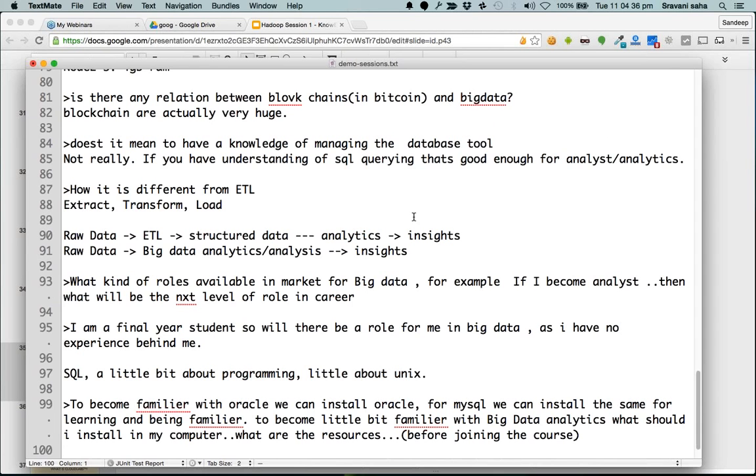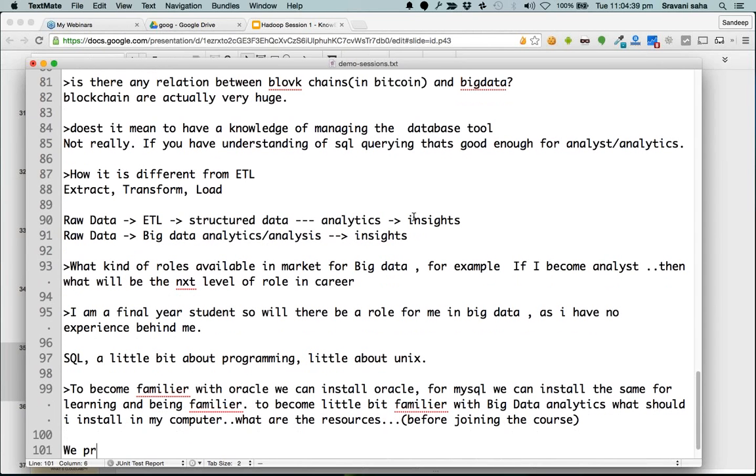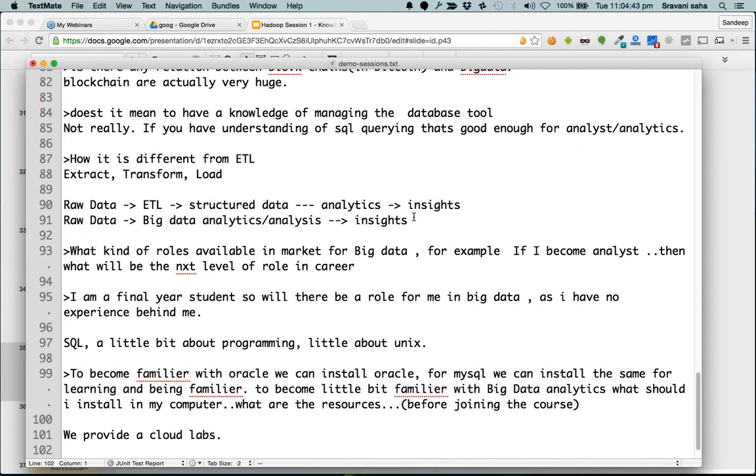Okay, so what we generally do is provide you cloud labs. I'll show you what it looks like. You don't need to install anything. All you need is a browser. Everything is available from the browser itself. You have a terminal inside the browser. So for joining the course you don't need to install, but if you are not joining the course, you can go ahead even for only the cloud labs that will be launching soon.